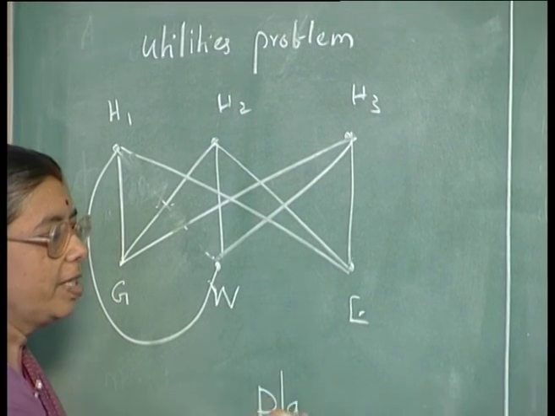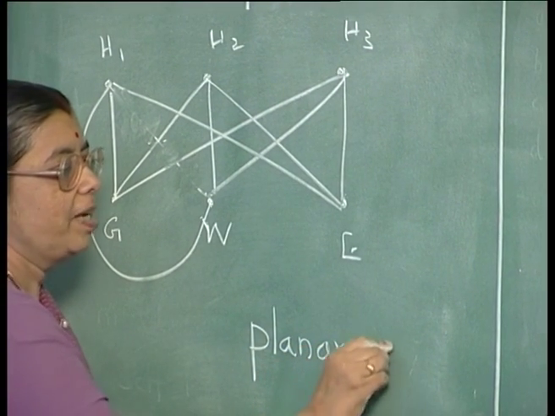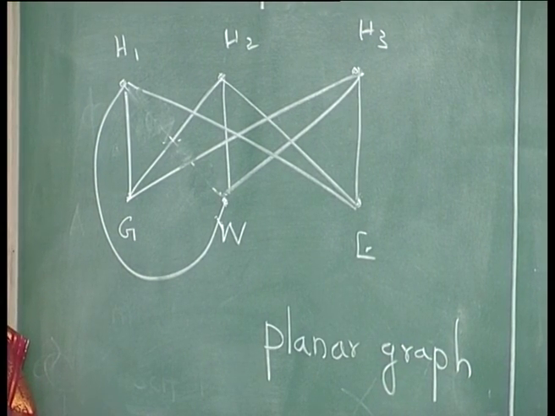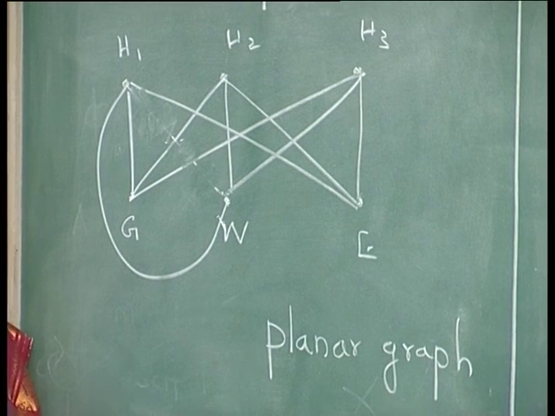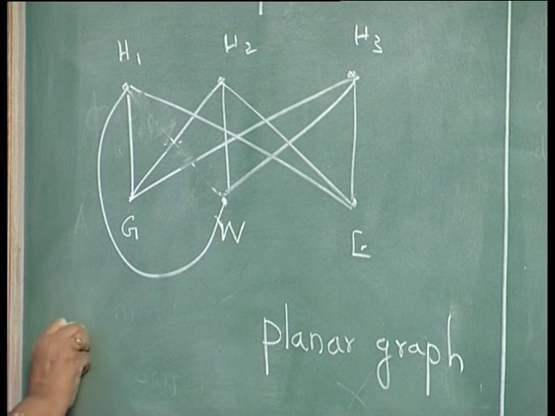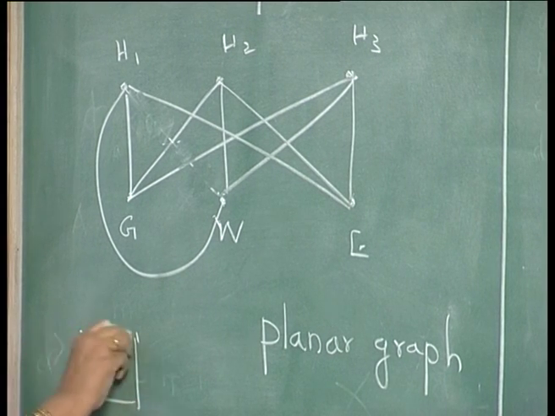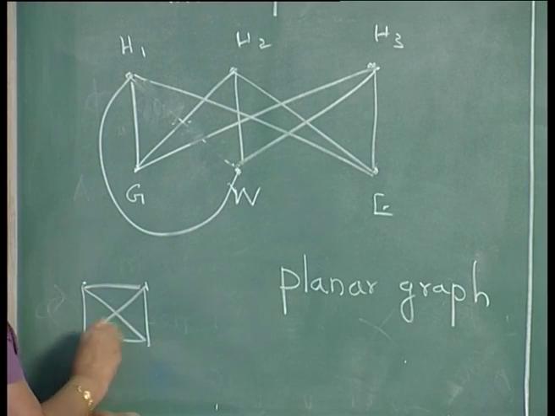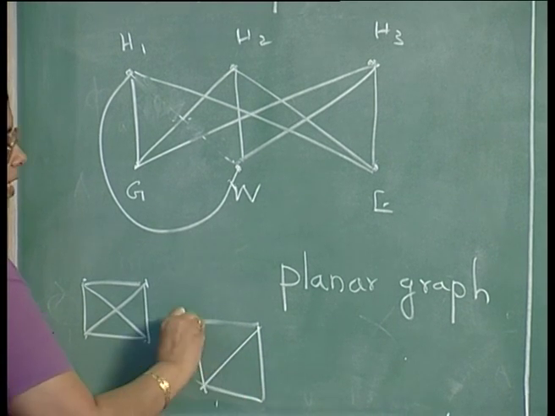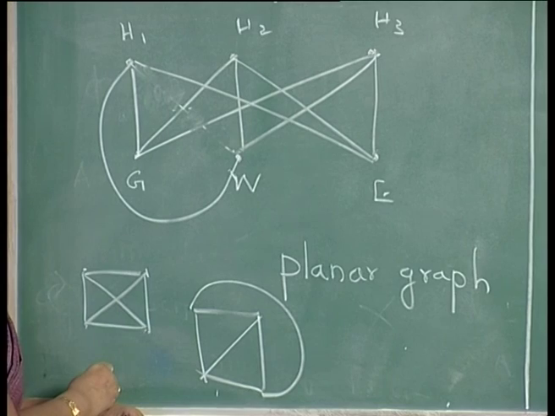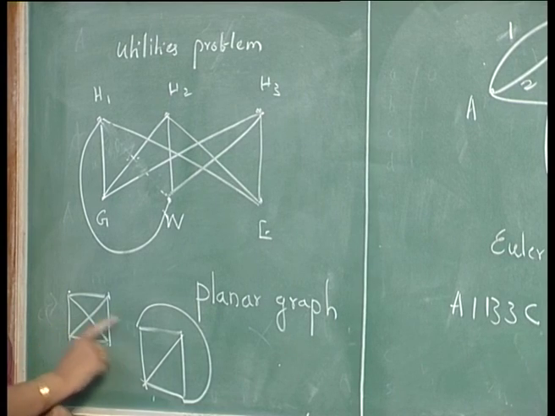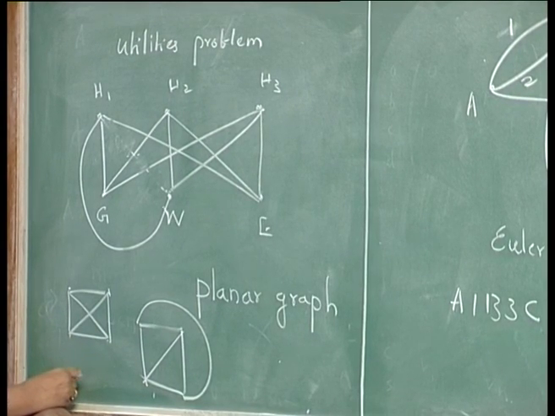You call what is known as a planar graph. If it is a planar graph, you can draw the edges without one crossing the other. If it is a non-planar graph, you cannot avoid crossing. In this case, you cannot avoid crossing. For a graph like this, the same thing you can draw without crossing like this. These edges can be like this. From this to this edge you can draw like this, and so you can draw this graph without crossing. This is a planar graph because you can draw that without crossing.